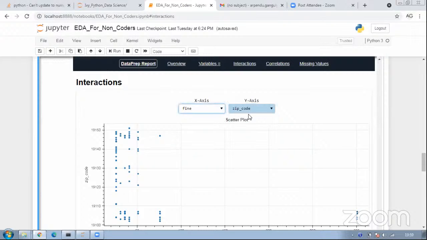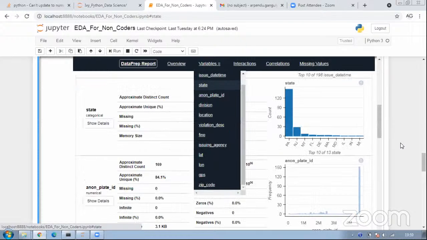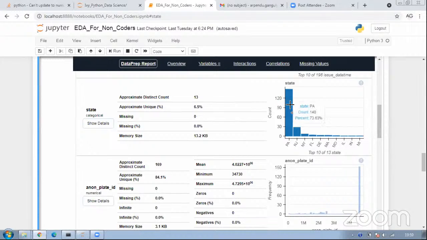For that we can use state information, so we know which states are there: PA, New Jersey, New York. From 201, most of these violations are coming from this particular state, followed by NJ, followed by NY, and so on. These are the takeaways you should build and stretch your story around.